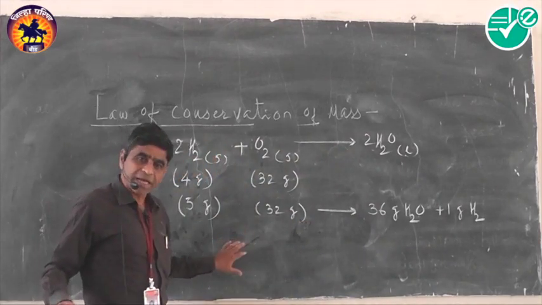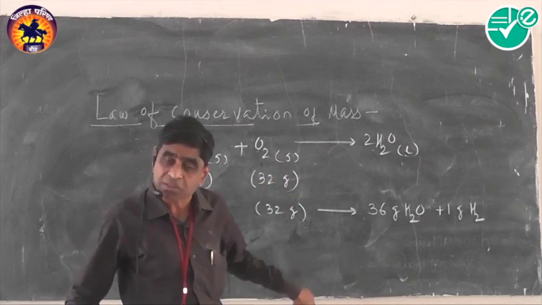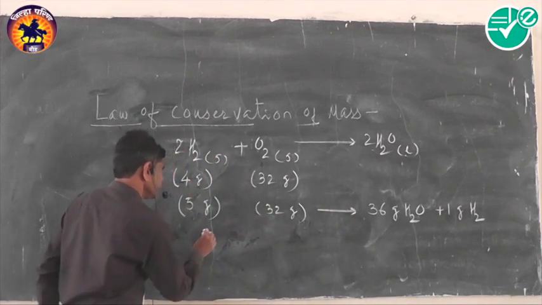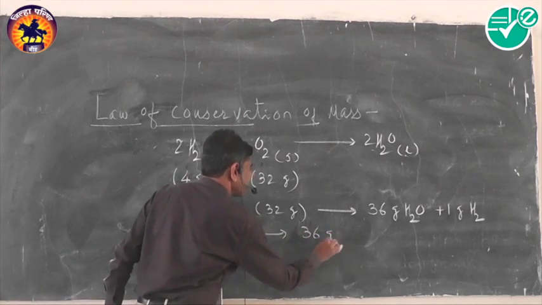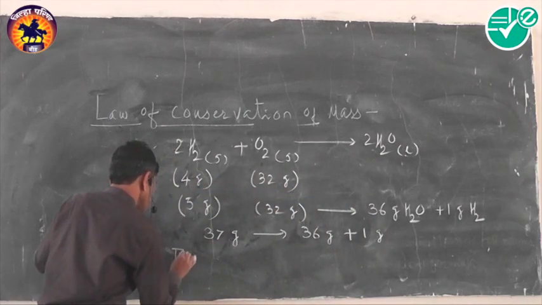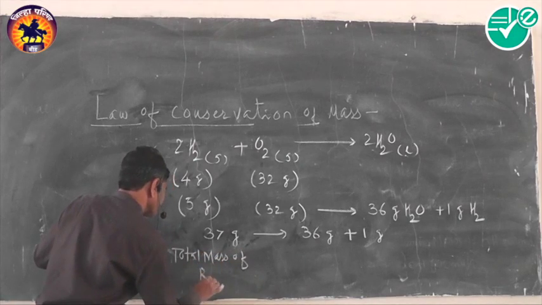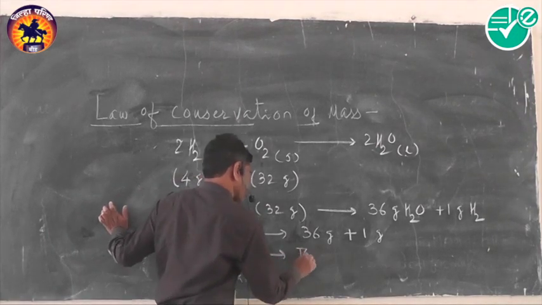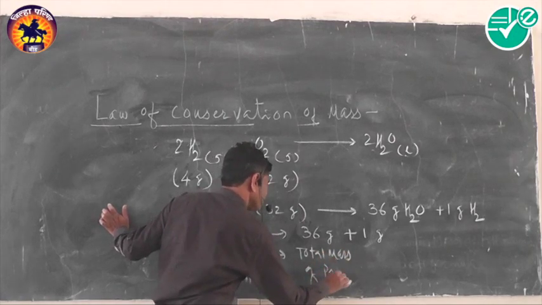And thus you can say that total mass of reactant is equal to total mass of product plus mass of unreacted reactant. So you can say that 5 plus 32, that is 37 gram, corresponds to 36 gram plus 1 gram. Now what is this 37 gram? It is the total mass of reactant, and the total mass of reactant is equal to the total mass of product plus